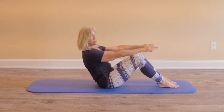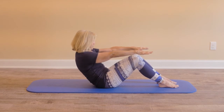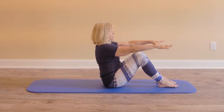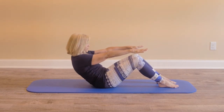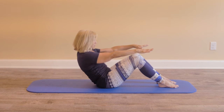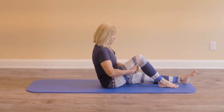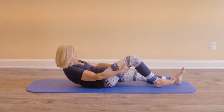And this is huge. I'm sure if you're doing this, you feel a huge abdominal engagement. So your abdominals surround your core. Your core's your whole torso, and your arms and legs plug into it. So now we're going to roll down. I like to extend one leg, hold on to the other, and then think of just rolling down the middle